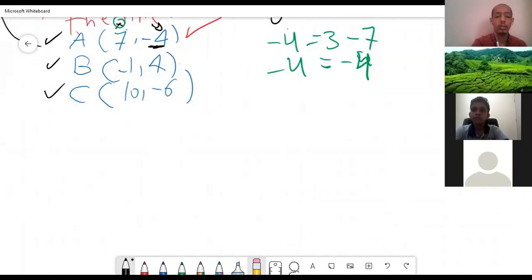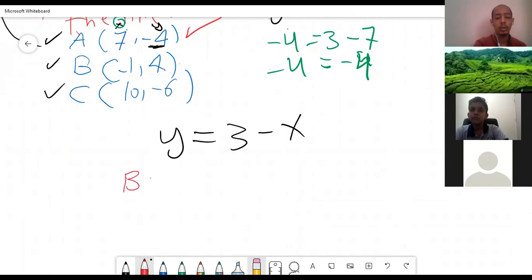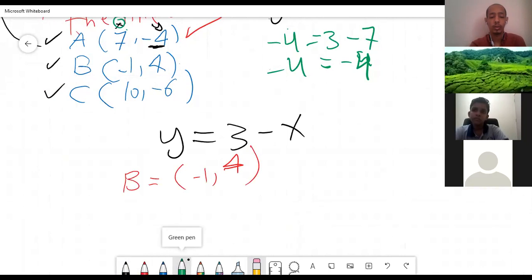First, let's write down the function y equals 3 minus x. What is point B? B is (-1, 4), right? So the value of x is minus 1. The value of y is 4. What are you going to do? We substitute: y is 4, so 4 equals